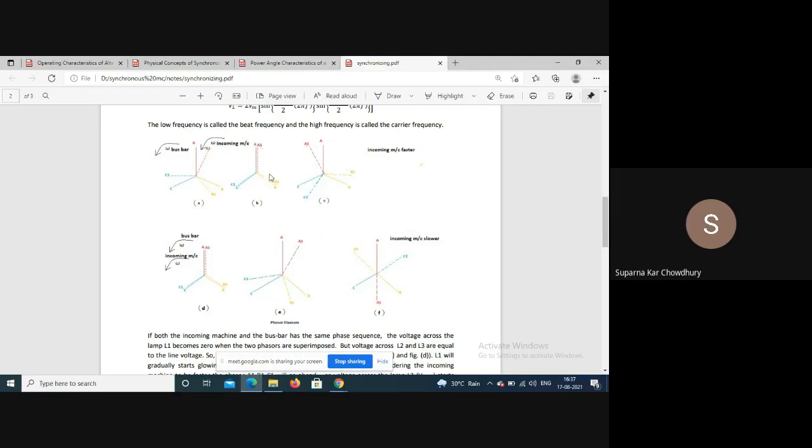Once closed, the machine will be connected to the bus bar. Now, if we close the synchronizing switch for any other position, there will be a large power surge, because there is a voltage available between the two incoming terminals of the incoming machine